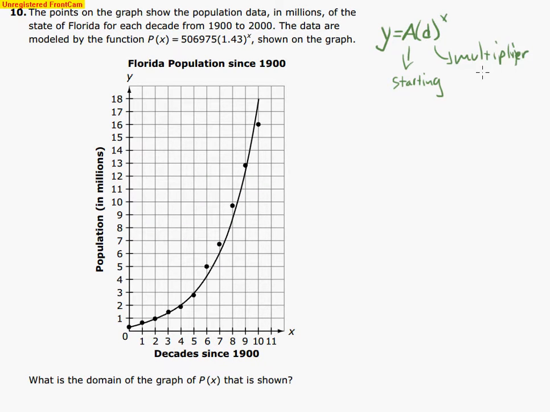A better term for d is my common ratio or common factor. Now here I have one that is clearly to the x. I got 506,975. This is my population. It's measured in millions. So here you can see I am starting off at about 500,000, halfway in between 1 million and 0. What I want to talk about with this is actually a question about domain, but let's talk about